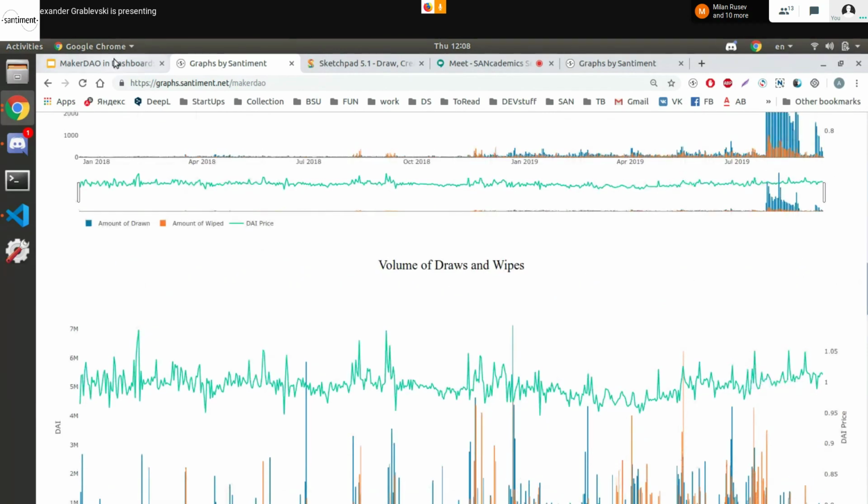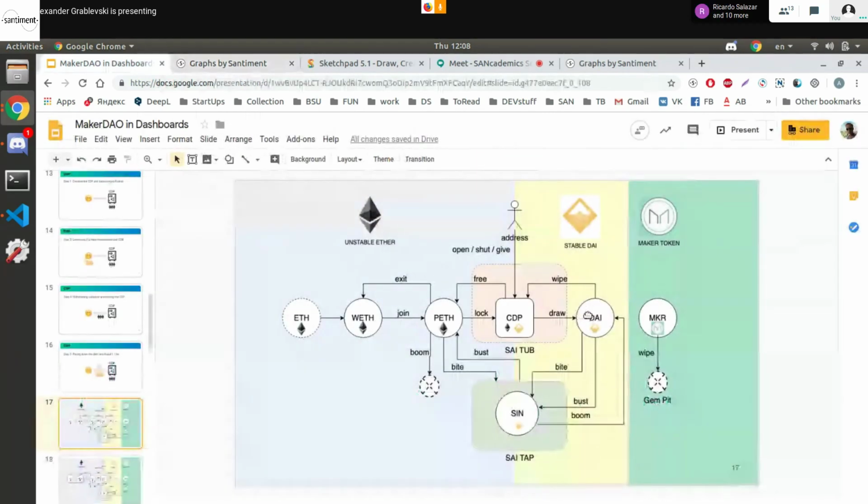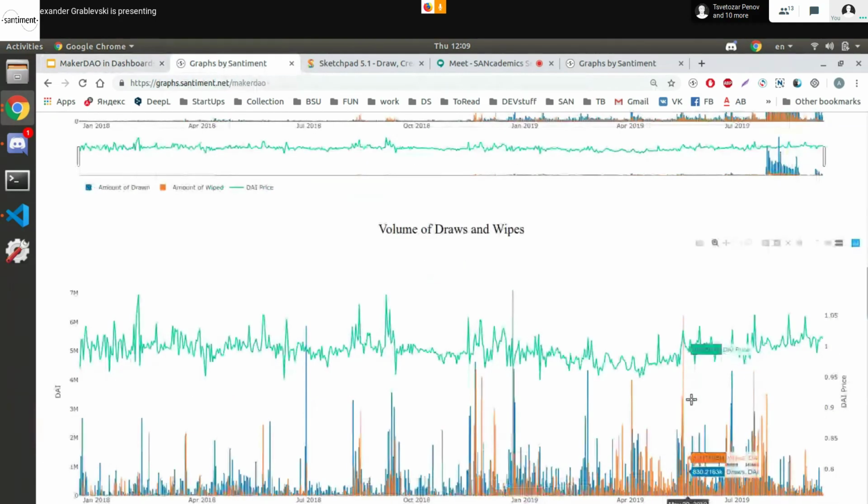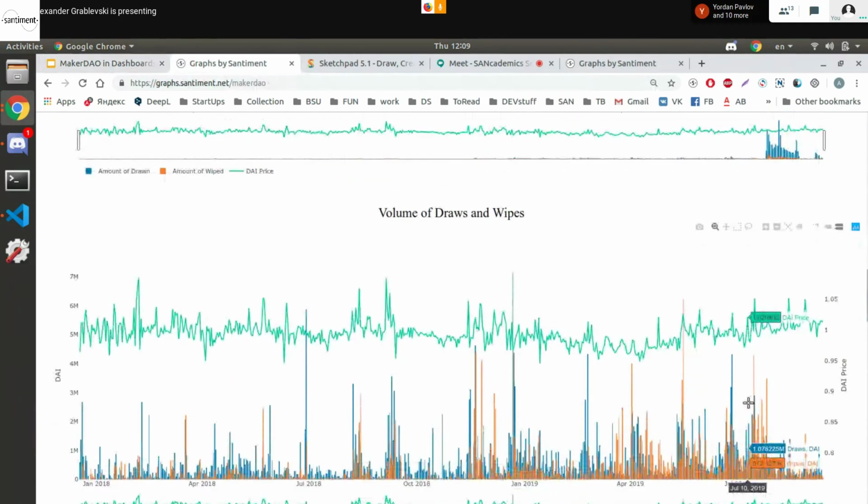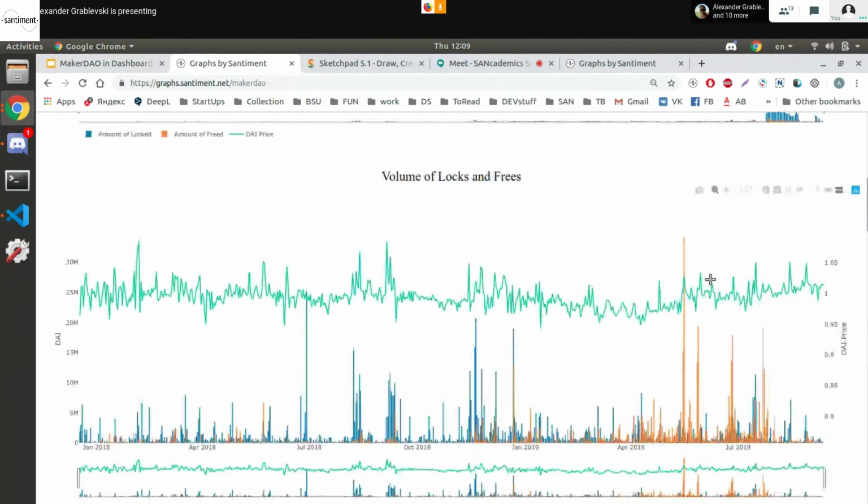Another thing, or maybe the last one I will tell you, is the amount of the equivalent of lock, draw, cycle, but wipe and free cycle. So you see how many people do wipes. They pay back the debt with DAI, and then they get back their ETH. And if there is some abnormal activity of making some